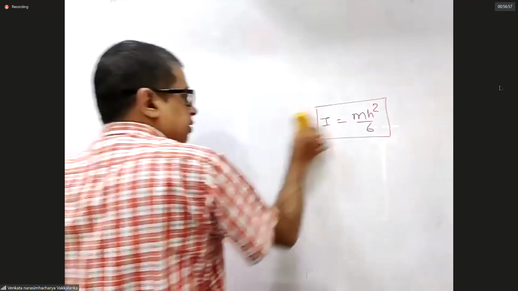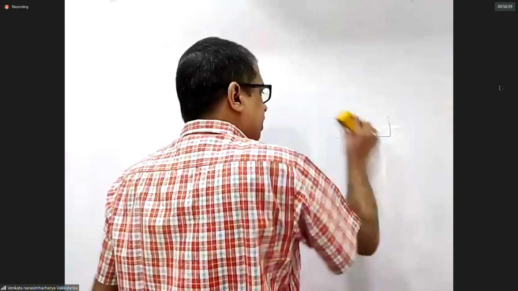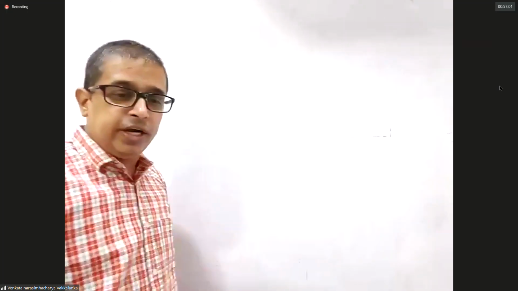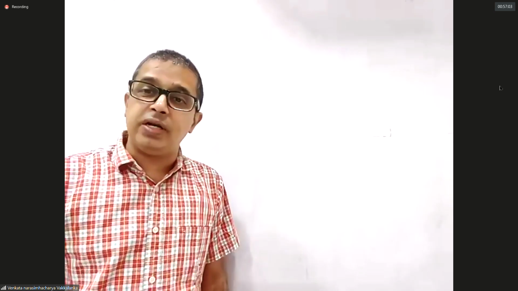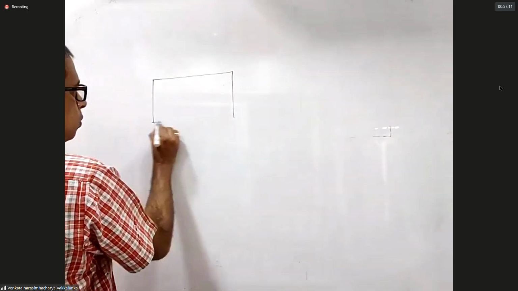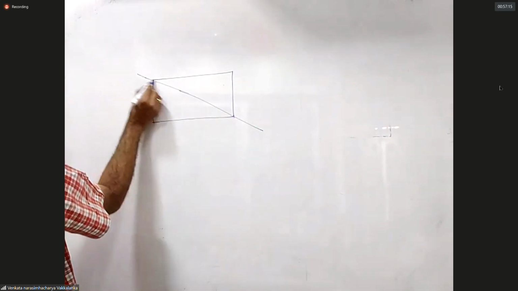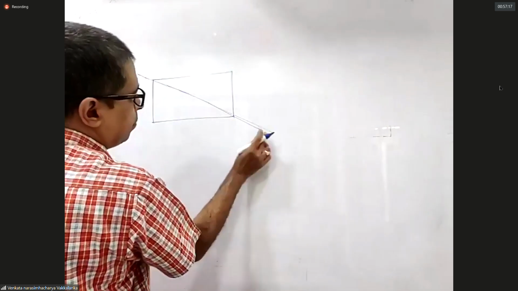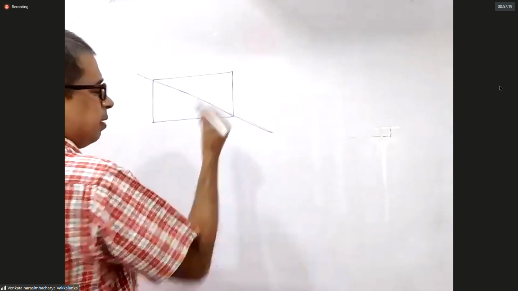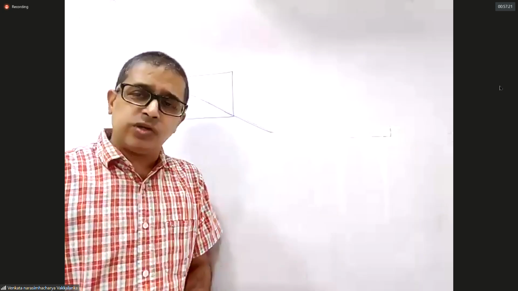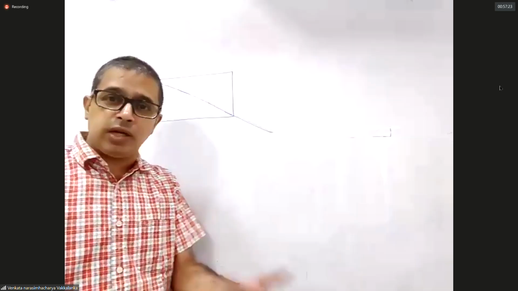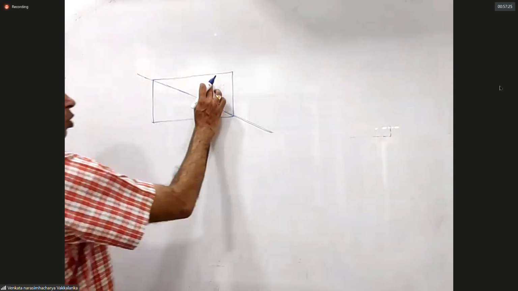Now listen. For a rectangle, you did not calculate the moment of inertia about the diagonal. For a square, you did, but for the rectangle, तूने नहीं किया. Yes or no? Yes, sir. You didn't calculate about this because you couldn't apply the perpendicular axis theorem. You were handicapped. I was considerate then, naturally. Now that you know,